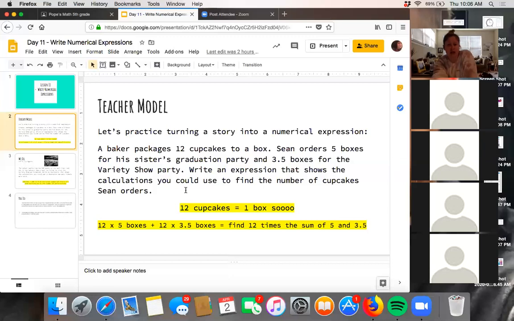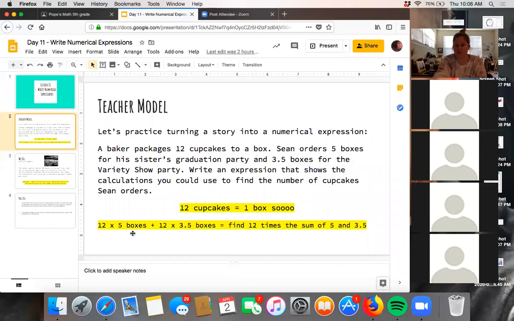So this would be essentially like, well, picking out what's happening. Okay, well, I know that they put 12 cupcakes in a box. So I wrote 12 cupcakes equals 1 box. So what would that mean? Well, he's going to order 5 boxes for his sister's graduation party. 5 boxes, each box has 12. So then I did 12 times 5 because there's 12 cupcakes in 1 box and he wants 5 of them